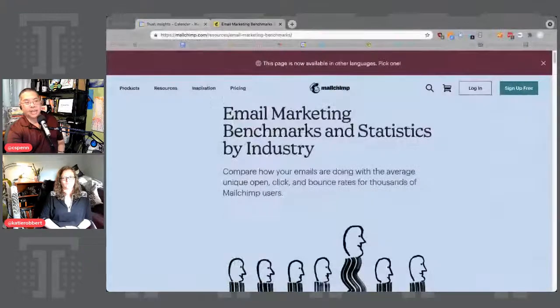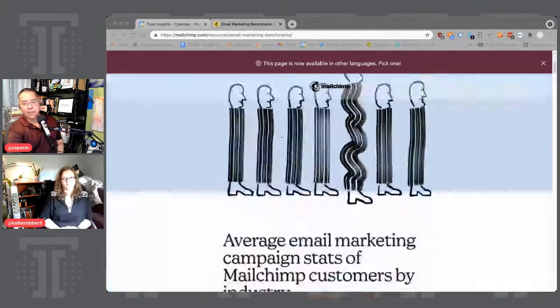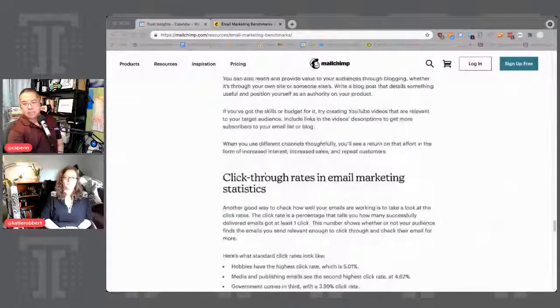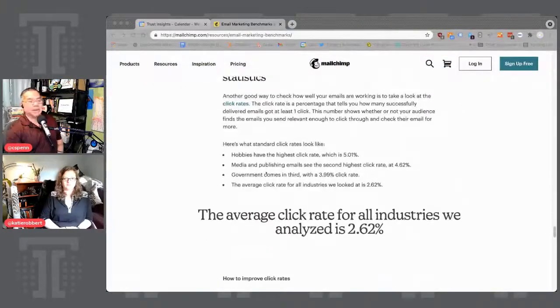So if you were to say, okay, I now need to go and benchmark my email marketing program, and if we're getting less than 2.62% click-through rate, we're screwing up, right? That's the message that a lot of people would take away from this. Like, if your click-through rate isn't that high, you failed. I don't think that's the case. It's not the case, and that's problematic. It works if you and all of your customers are also Mailchimp users, because then you fall closer into the right set of information.